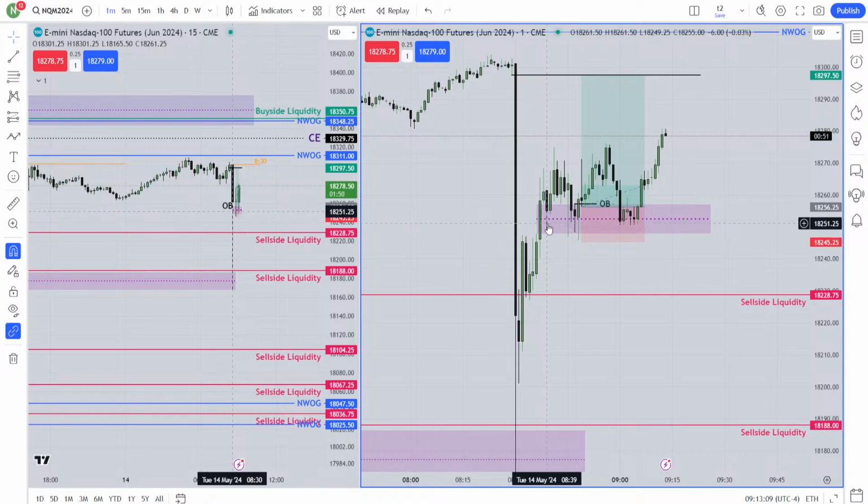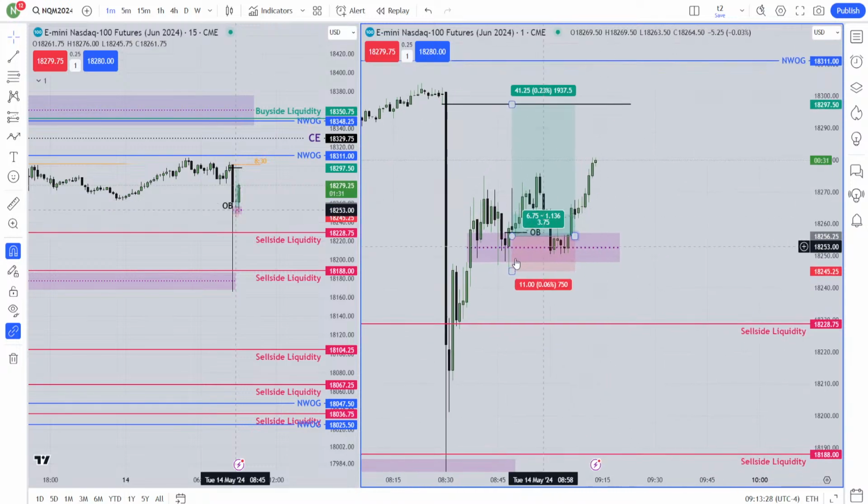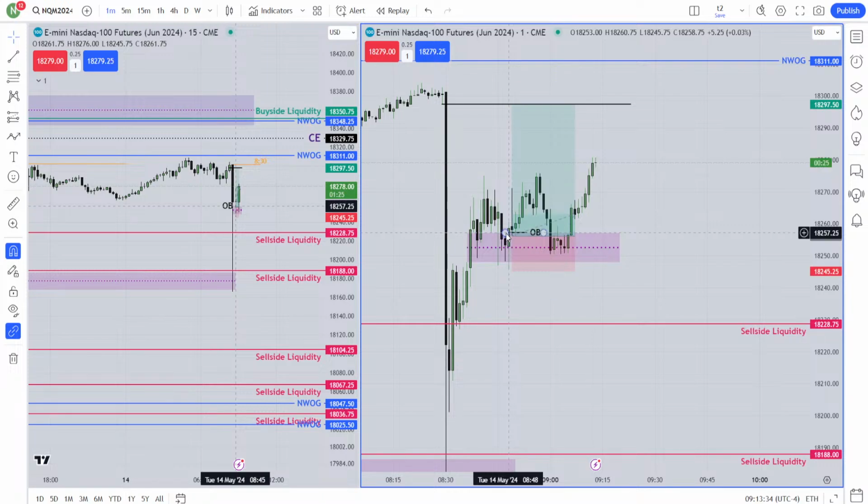When the market traded this fair value gap for the first time, it went higher, went lower, and took this low and that low, the relatively equal lows or obvious liquidity. It has done its job with this fair value gap. When it's done, it should not come back into this fair value gap, never ever. But it did. So I'm afraid to push my button around that order block. It's perfect for me, but now I'm afraid.